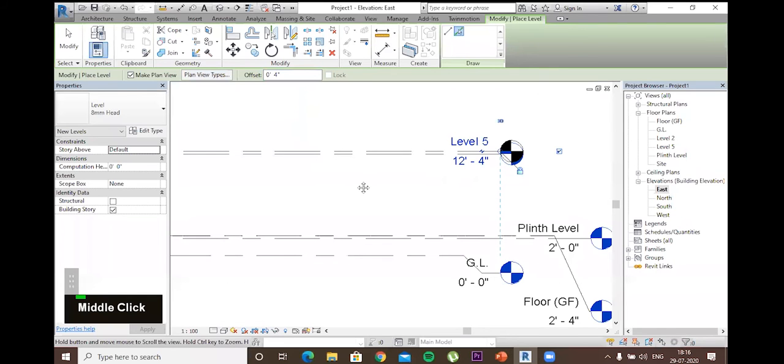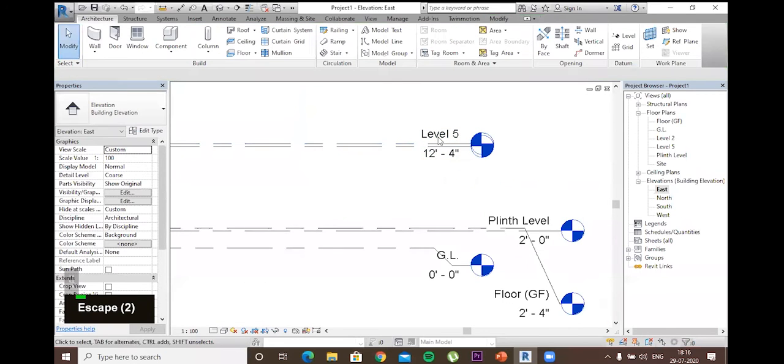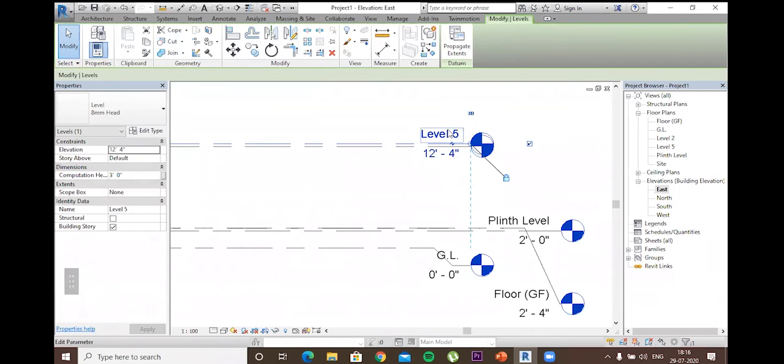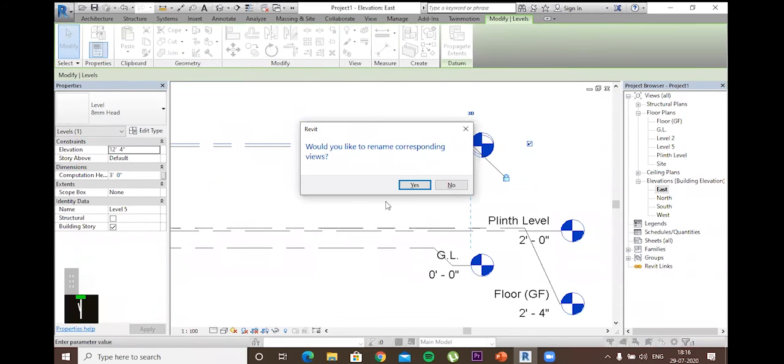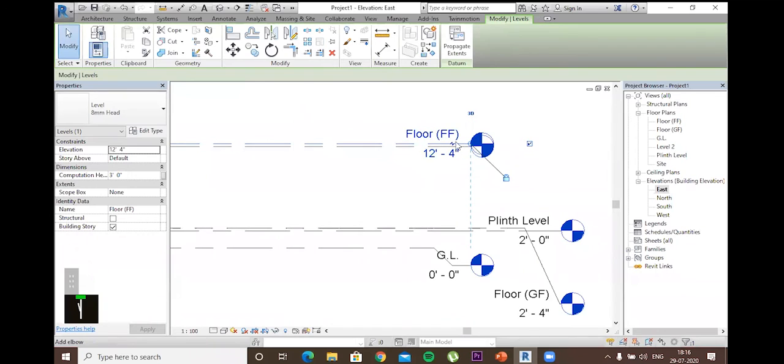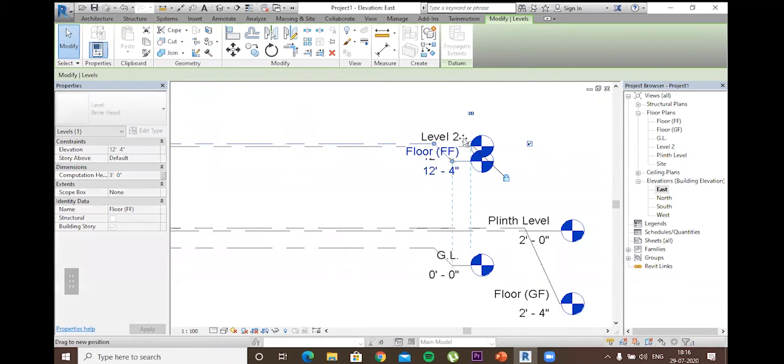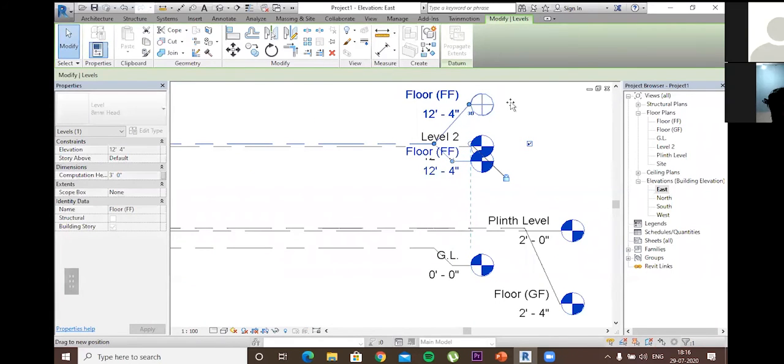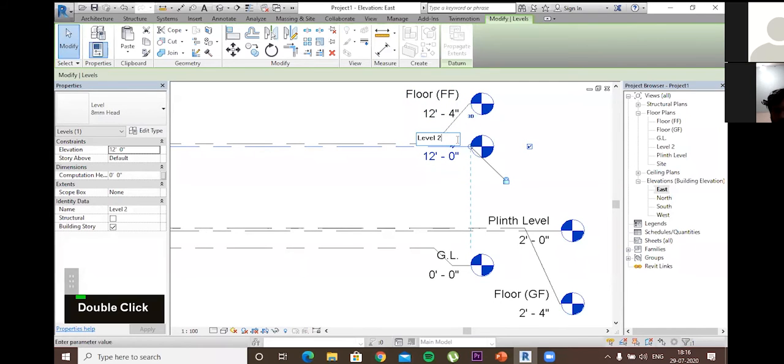So this will be our floor level for second floor. This will be our first floor.